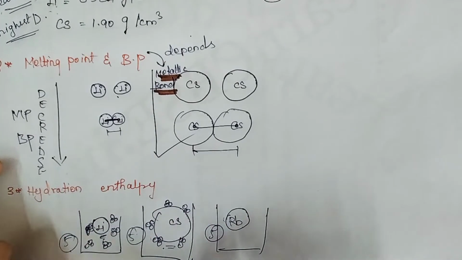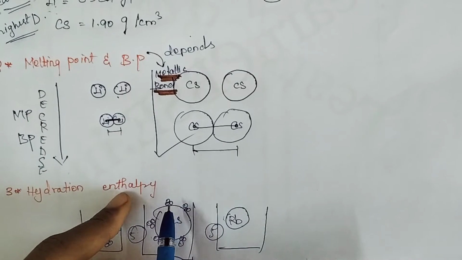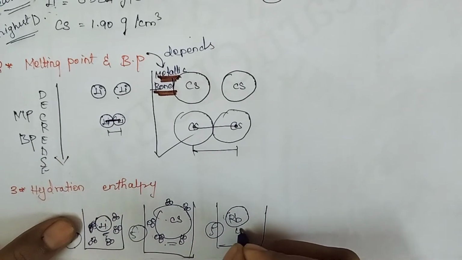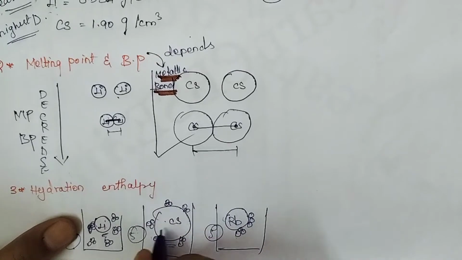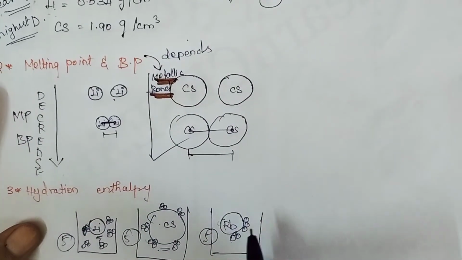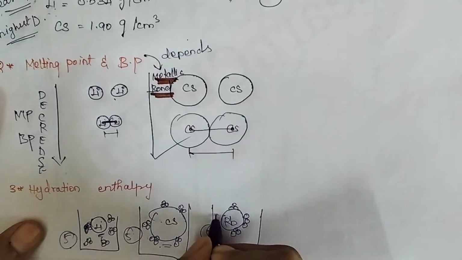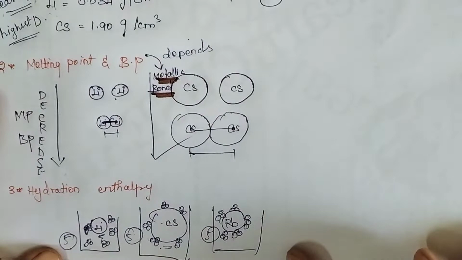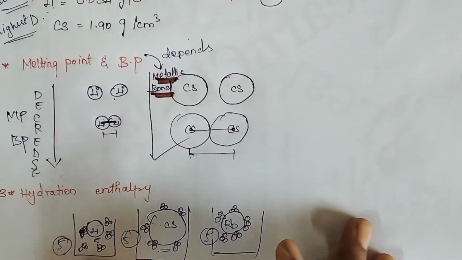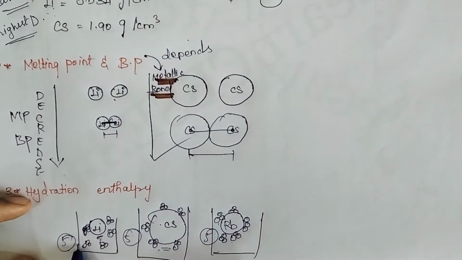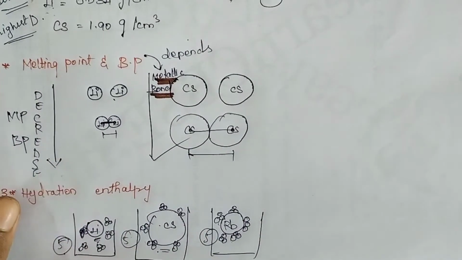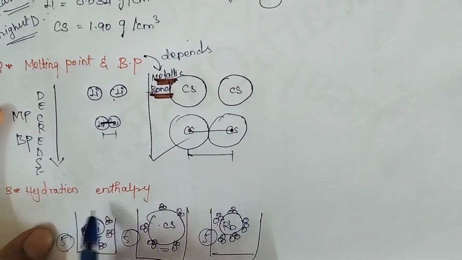The attraction between the cesium and these water molecules is less, but with lithium and these water molecules it is more, and rubidium the same way. Somewhat as compared to cesium, rubidium has better connection with water molecules. Okay, now clear? So this is what hydration enthalpy is: the energy produced or required for these water molecules to get attracted towards this particular metal. This is what hydration enthalpy.